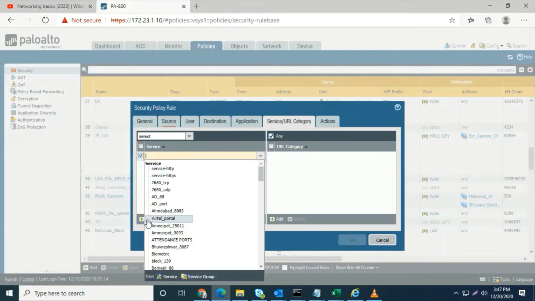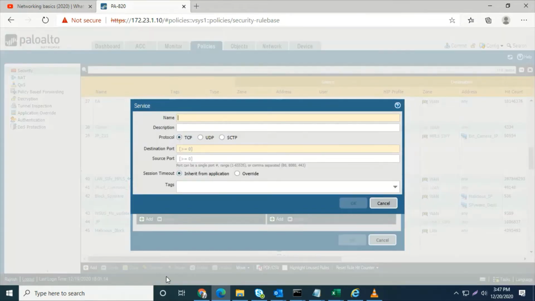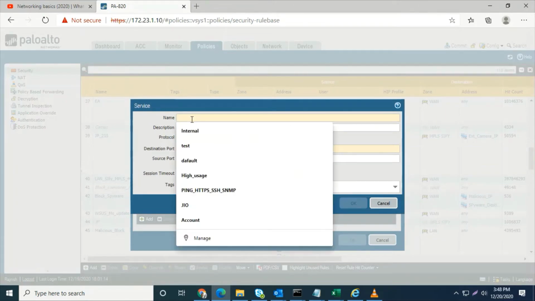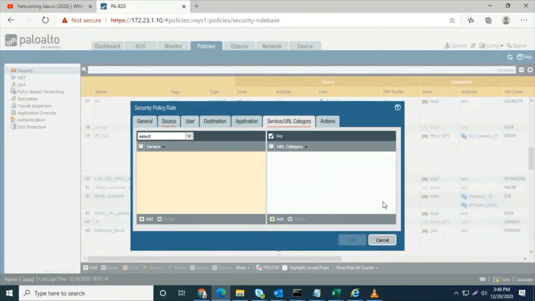We can configure a new port, new protocol, and service from the service facility. Click, give the name, and give the port and protocol: TCP, UDP, or SCTP. I'm not configuring a policy, I'm showing you how we configure a policy, so you can try it with your firewall.